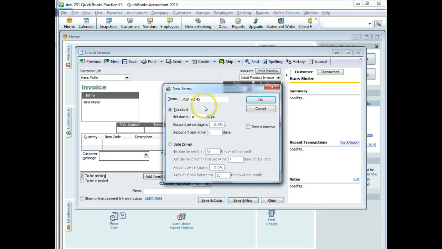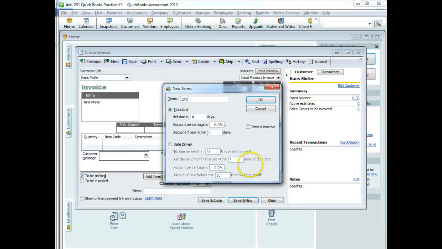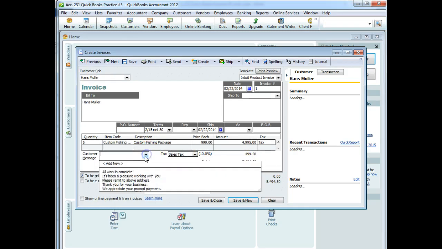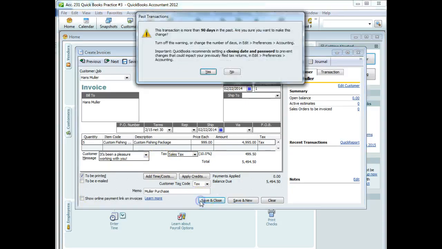Is there a date? We have terms now because they haven't paid us. And it's going to be a new set of terms. The terms that we're using are 2/15 net 30. So he owes us in 30 days, but we'll give him a 2% discount if he pays us within 15 days. And of course, 5 of our custom fishing packages. That's a big purchase. So we say, pleasure working with you. Okay. This is the Mueller purchase. Date, amounts, everything looks good. We'll save and close. Now that we have that closed,